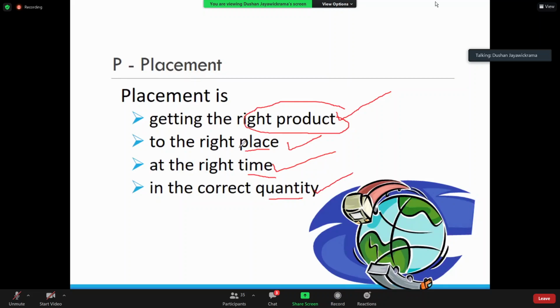Now look at our fuel as a product. If you take the entire issue from the customer point of view, it lies with the placement strategy. Maybe from the organizational point of view, the issue lies with the pricing as well and many other things. But simply from the customer point of view, the issue is this.